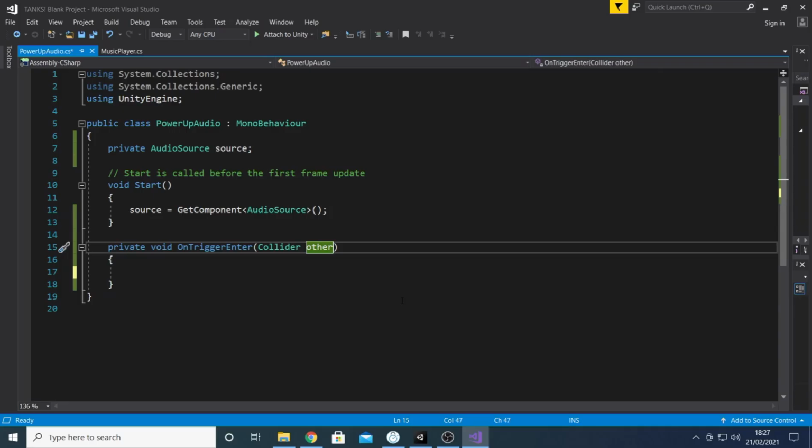data. Now, when it comes to parameters, we can create parameters of any data type we like for any function that we like. For example, if I wanted to, I could add a variable of the integer data type and call it number next to it, and I've now created a new parameter. But by having one specifically of the collider type, specifically inside a trigger function, Unity will automatically do something quite